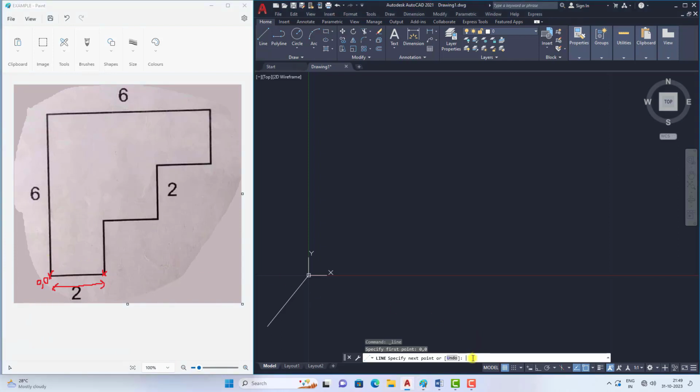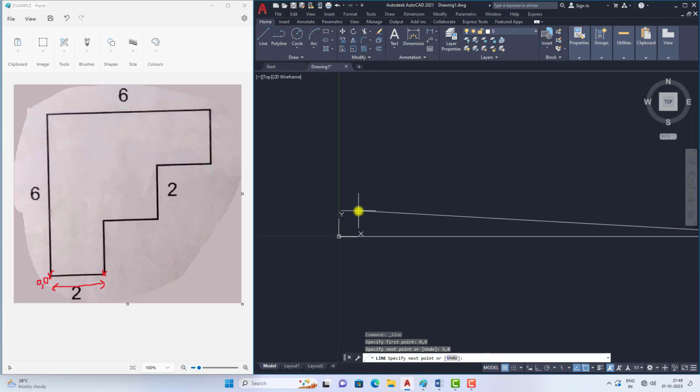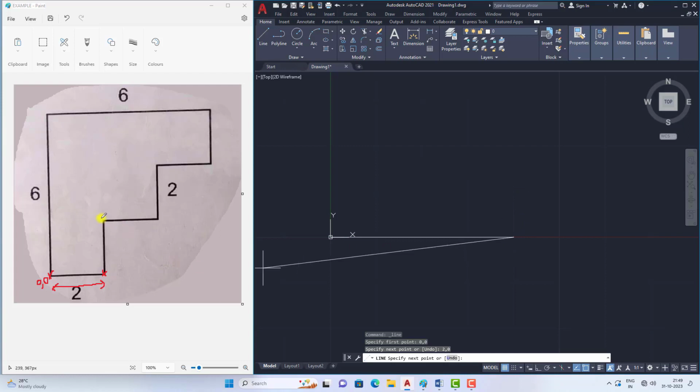So now we need to give the x and y values. How much do we need to move? I need to move in the x direction 2, and 0 in y, because I don't want to move. So press enter. There it creates a coordinate value, 2, 0. And now we need to create a line